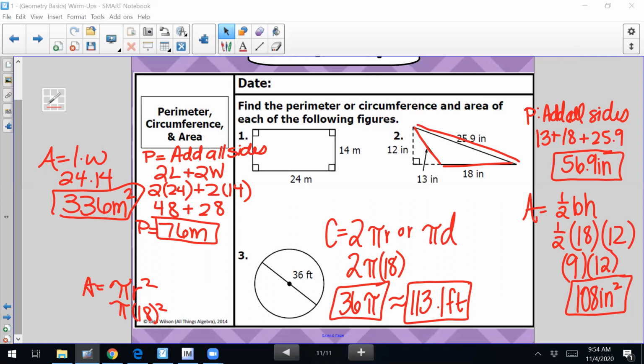Pi times 18 squared is 1017.88, or you could round that up to 9. Again, this is still an approximate answer, okay? Still an approximate answer, and this is feet squared because it is an area. Okay. All right. Make sure you have all of that written down, all of those notes. I am going to pass you out today's assignment, but I want you to get out the homework